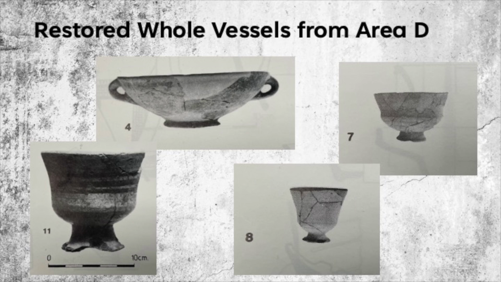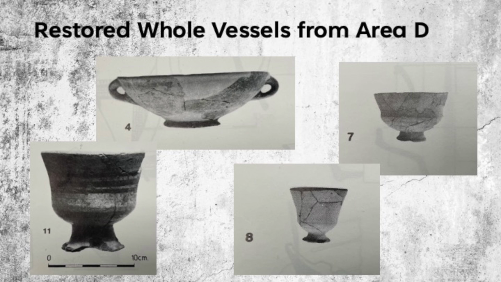This number 4 here, a late bronze 2A, large deep bowl with 2 handles, which those handles is a fairly rare find for a bowl like that. 7, 8, and 11 would be late bronze 1 goblets. You can see the everted rim there, sharp carination, prominent step there, sitting on carefully executed pedestals. Down here in the number 11, you can see some exterior concentric circles, which are consistent with late bronze pottery.